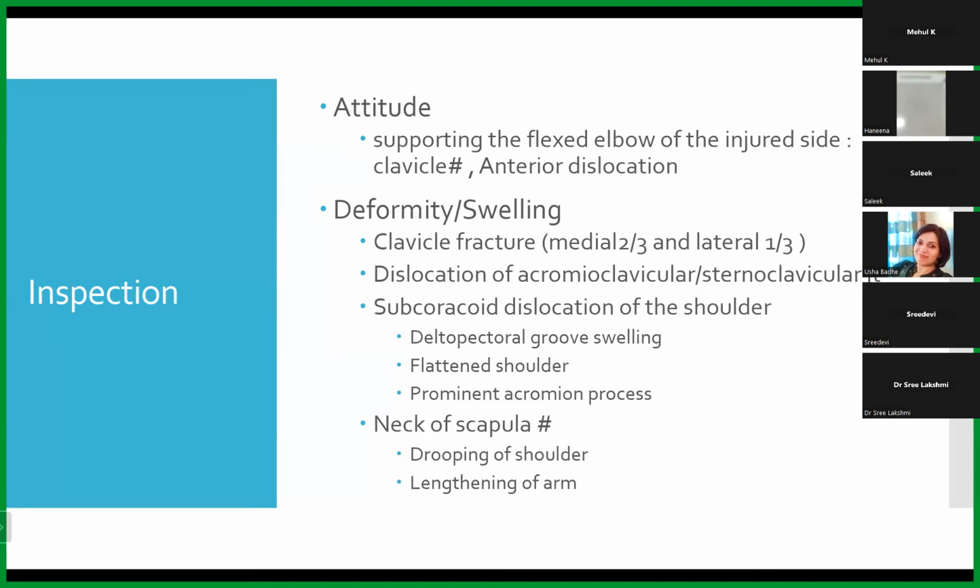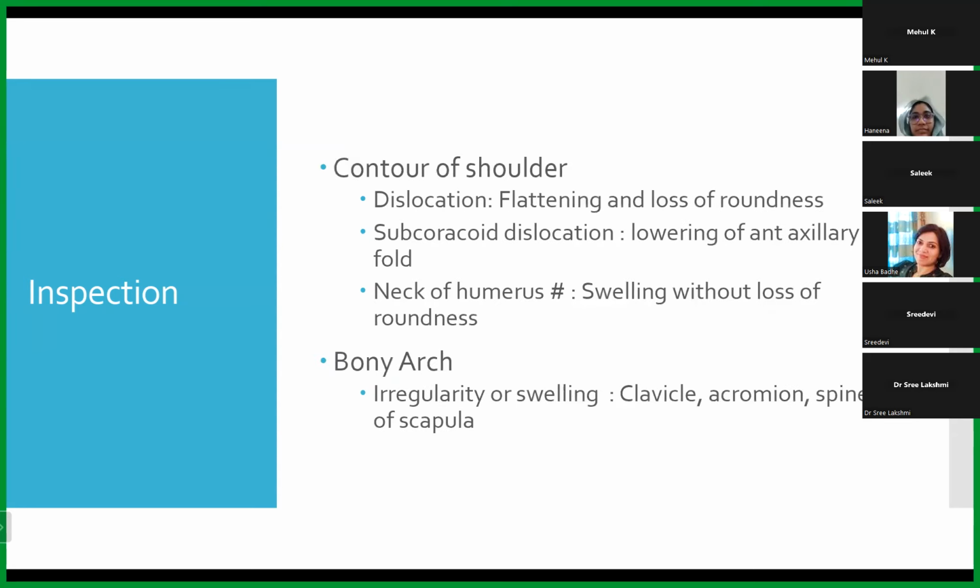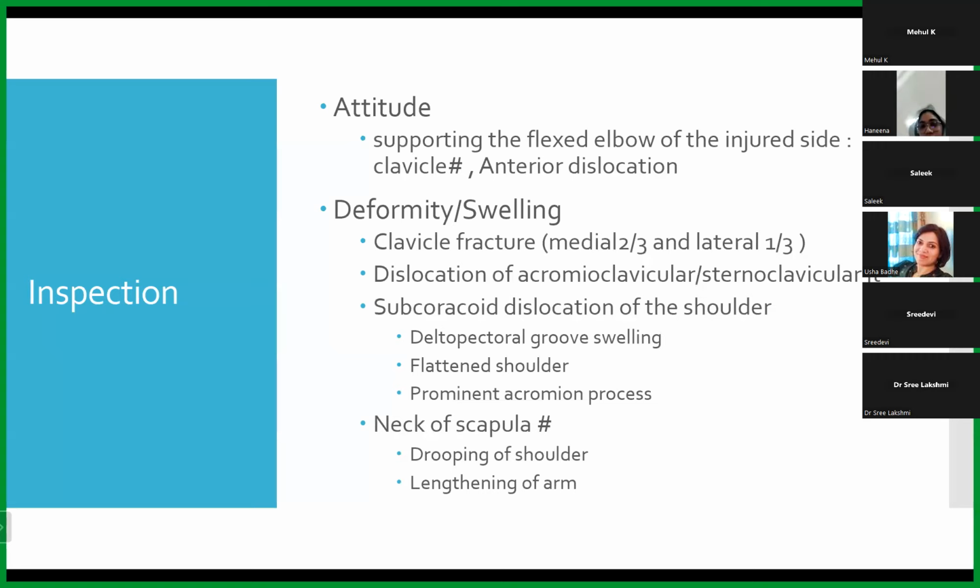Similarly, if there is a neck of scapula fracture, which is hard to pick up on inspection and palpation, these findings can be common in other pathologies also. So it is not very specific, but drooping of the shoulder associated with lengthening of the arm, we should start thinking about a neck of scapula fracture, with a pre-existing clinical context of injury. So next in inspection, initially we check the attitude, then we look for any deformities